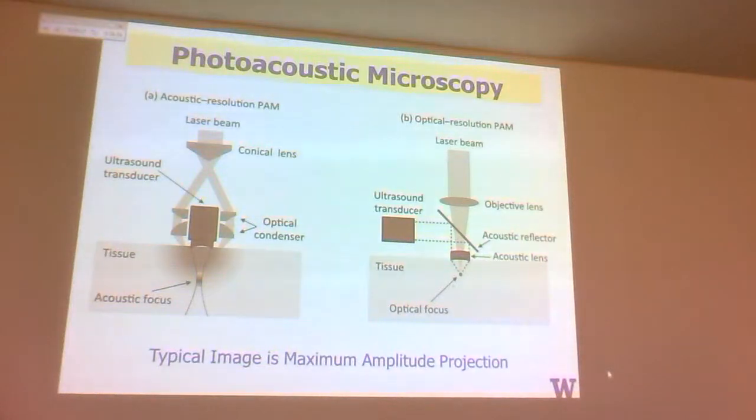And there's commercial systems out there like iThera, Visualsonics, others which are sort of optimized for small animal imaging. I'll show you where the world is trying to move towards clinical imaging. I think there's 2